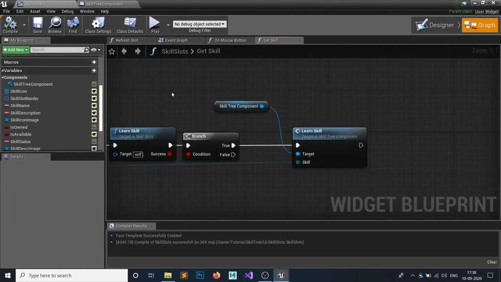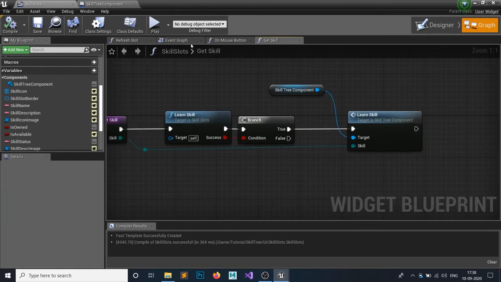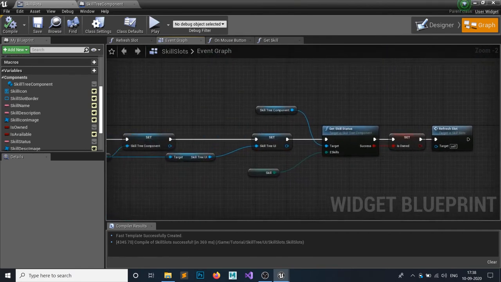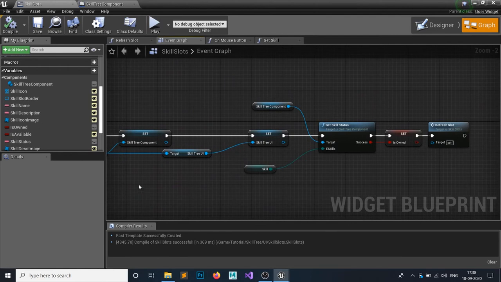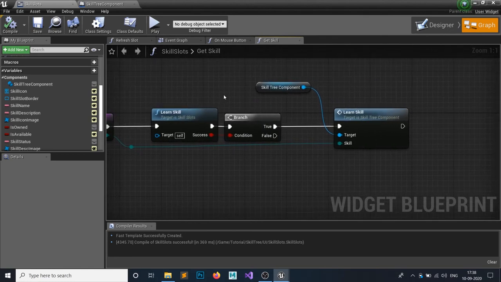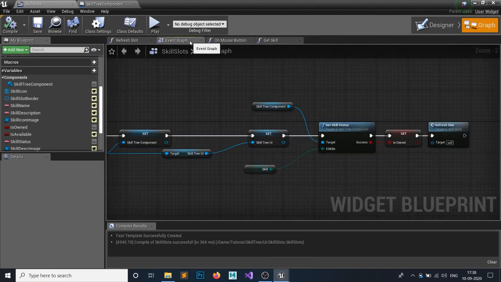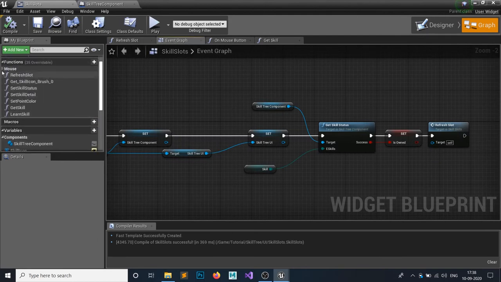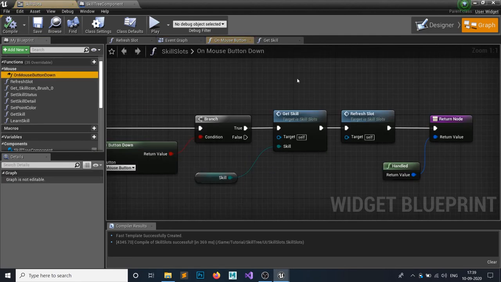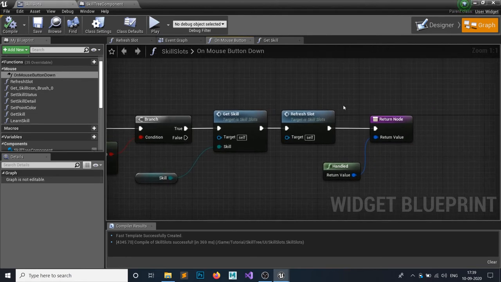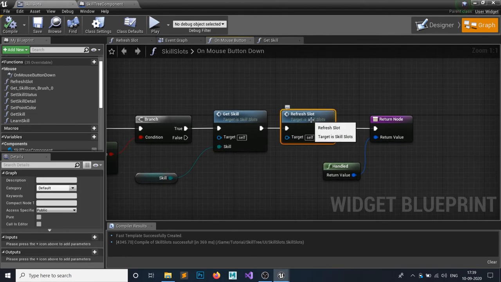Okay, so in here we have this learn skill function, and in this event graph we have this slot refresh. So we want to refresh this slot, right? So in our get skill function, if it's true or false, nothing matters really. Okay, so on your mouse events, the skill only works if it's true, and this should refresh a slot, right?